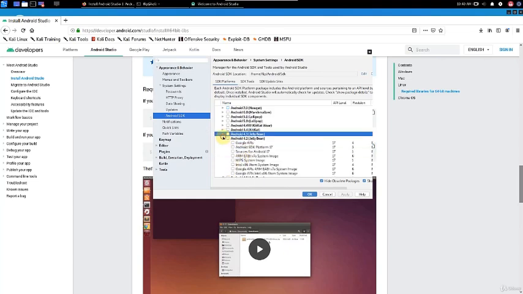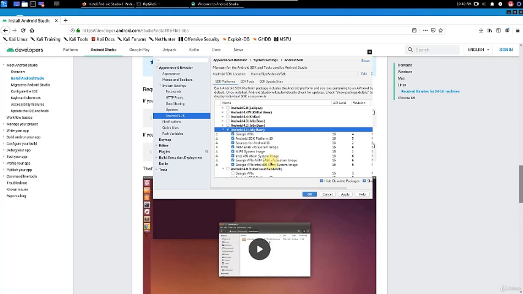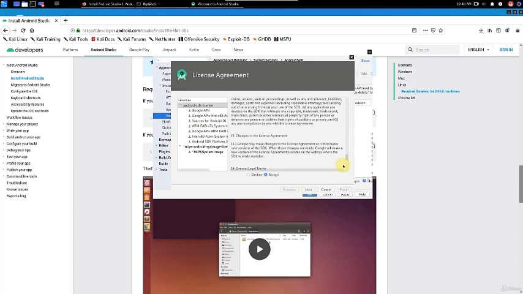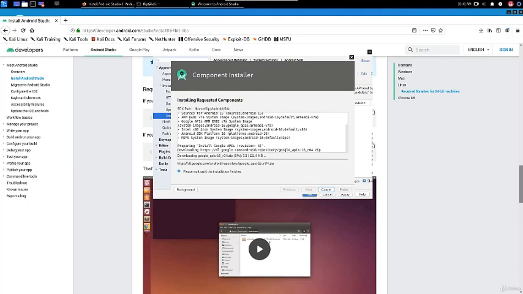Here you can see the system image. System image will let us run the Android emulator. We'll see this in the next lesson. Just click and accept all the terms and conditions, or read the terms and conditions and then accept them. Make sure to accept them for all the components. Click Next. And again, give it some time to download. It will take some time since you're downloading large files. So just click Finish.